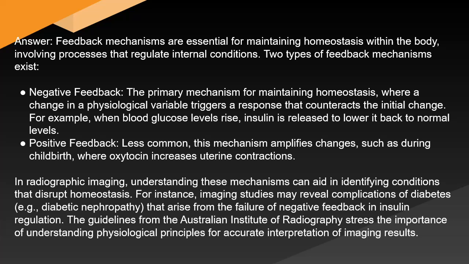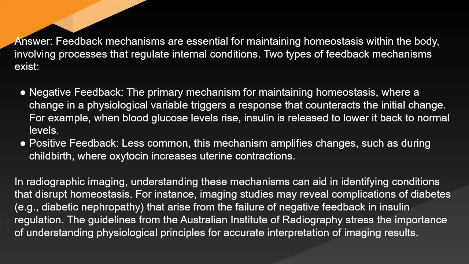the initial change. For example, when blood glucose levels rise, insulin is released to lower it back to normal levels. Positive feedback, less common, amplifies changes, such as during childbirth, where oxytocin increases uterine contractions. In radiographic imaging, understanding these mechanisms can aid in identifying conditions that disrupt homeostasis. For instance, imaging studies may reveal complications of diabetes, e.g., diabetic nephropathy, that arise from the failure of negative feedback in insulin regulation. The guidelines from the Australian Institute of Radiography stress the importance of understanding physiological principles for accurate